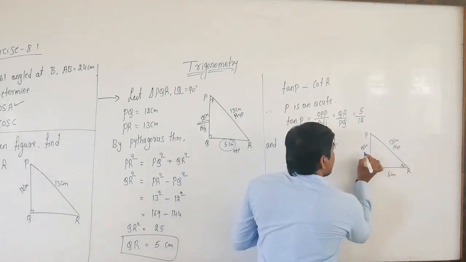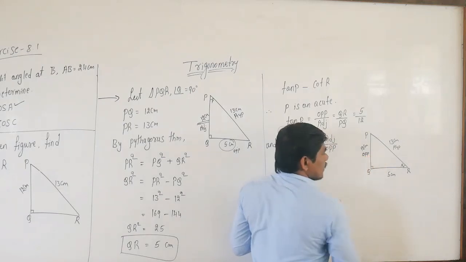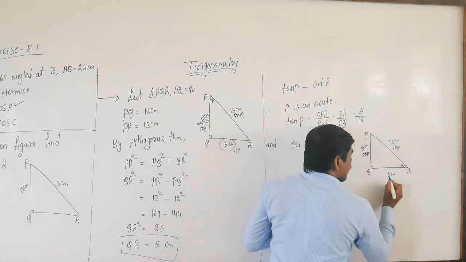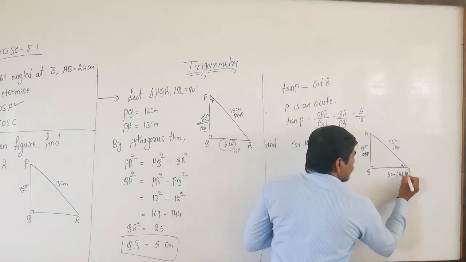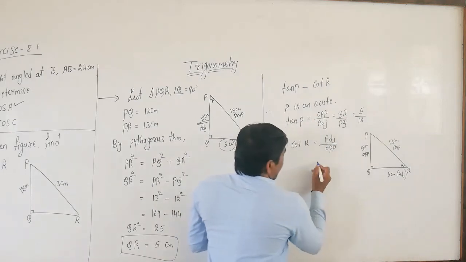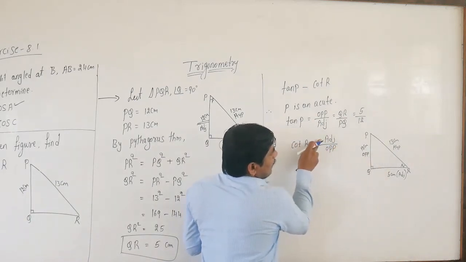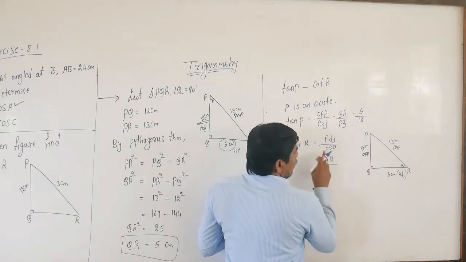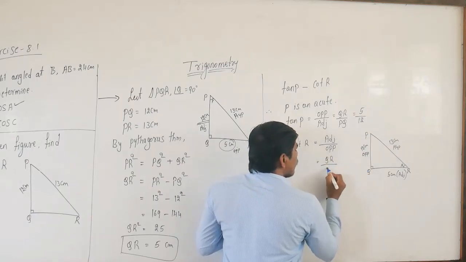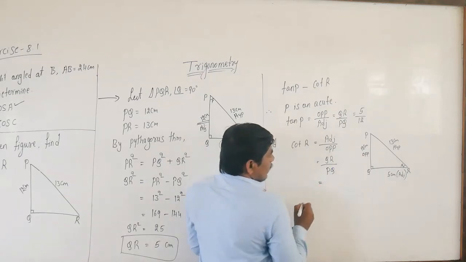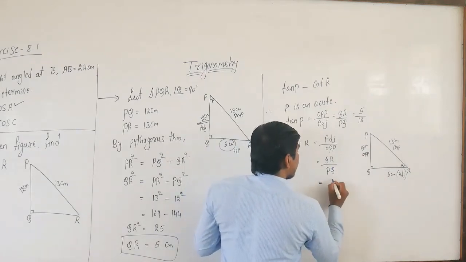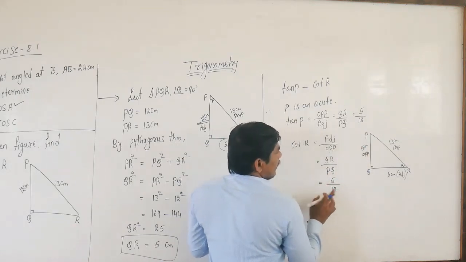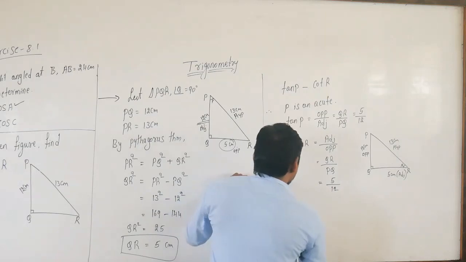Here R's opposite line segment is opposite side, and of the hypotenuse side and this, the other side adjoining is adjacent side. Now according to this figure we write adjacent side is equal to QR and opposite side is equal to PQ. Then QR length is 5, then PQ length is 12, then 5 by 12.